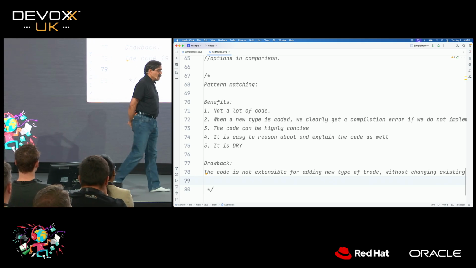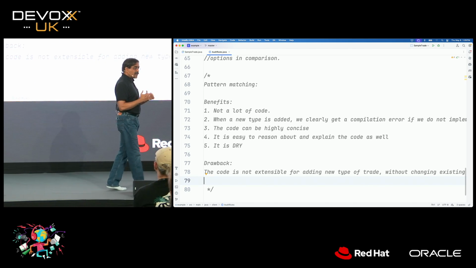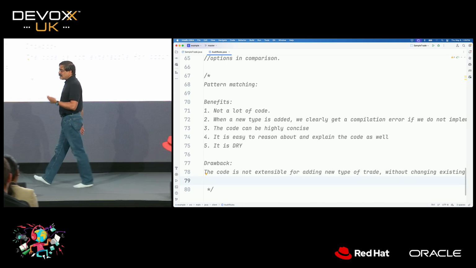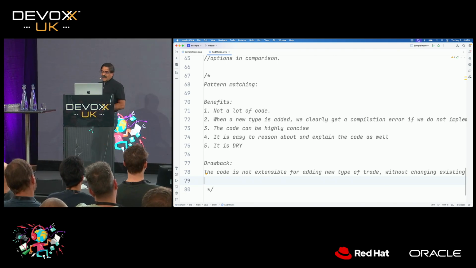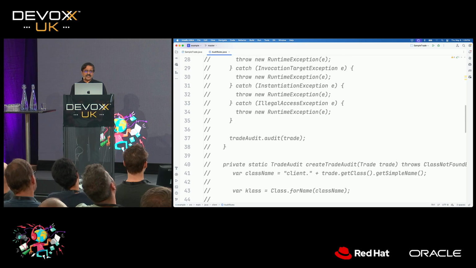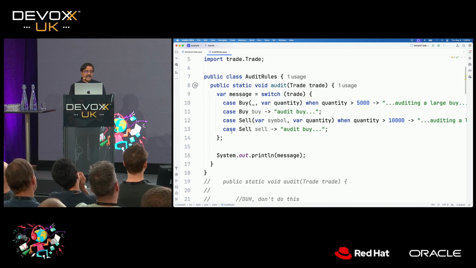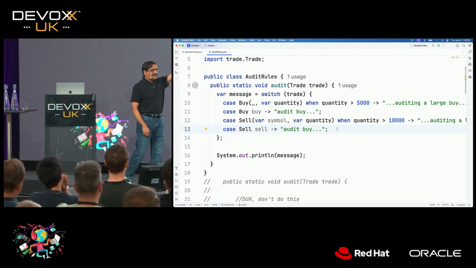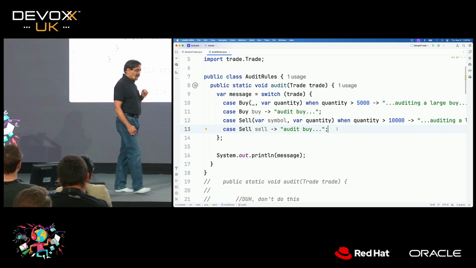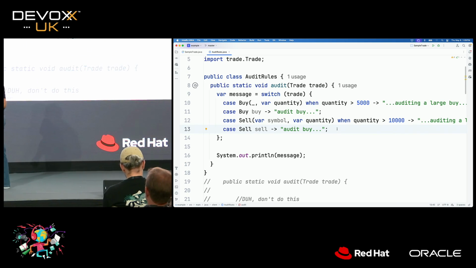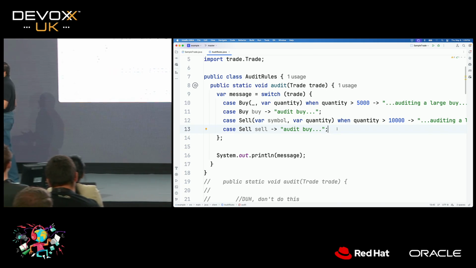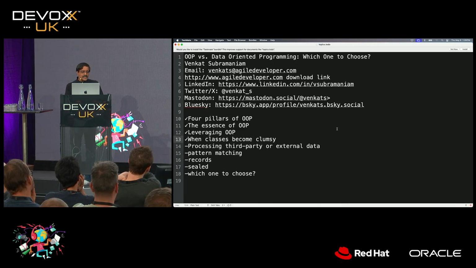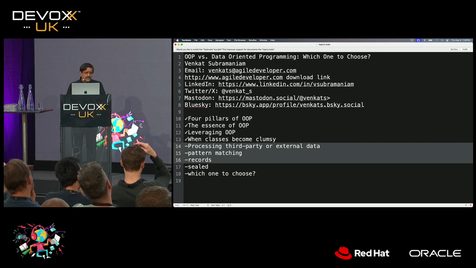However, I would argue, if I say, oh my gosh, that's terrible, that's a view I'm going to have. But then you ask the question, what's the cost? And I would argue the cost is extremely minimum. Because when the compiler tells you you need to handle, you know exactly where to handle it. And that code is a small amount of code you're going to write. So to me, the drawback is really minimum for the gains we have, and that's basically how we can select from. So to answer the question in this case, which one should we use?